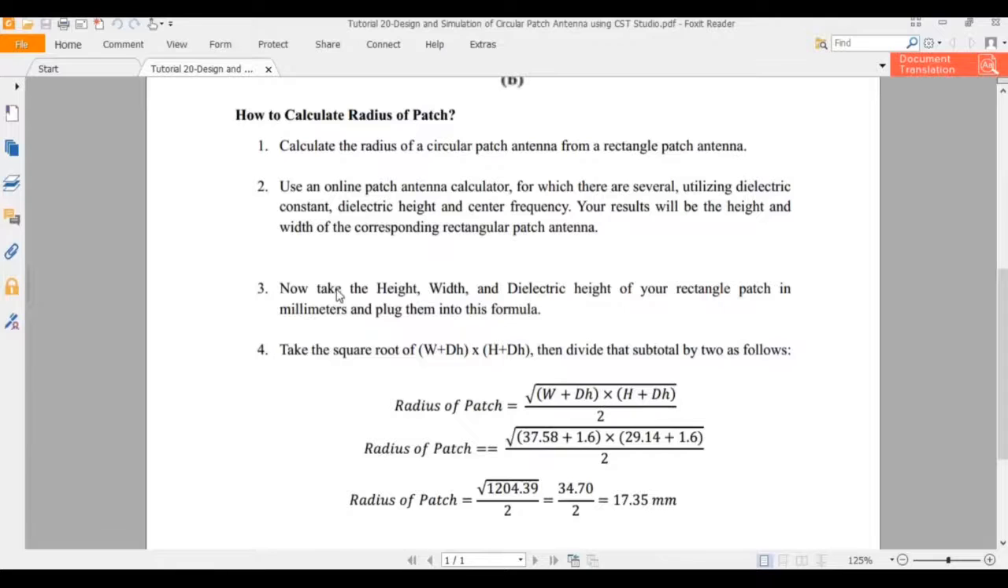So now, after completing step 2, move toward step 3, and step 3 requires the width and length of the patch that we have already calculated in step 2, and similarly we need to know the dielectric height of the substrate. So all these values are known to us, so you can use this formula for the calculation of the radius